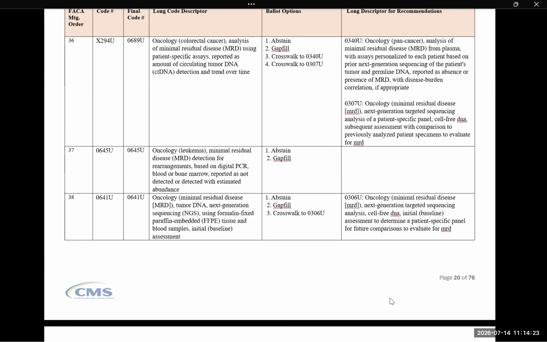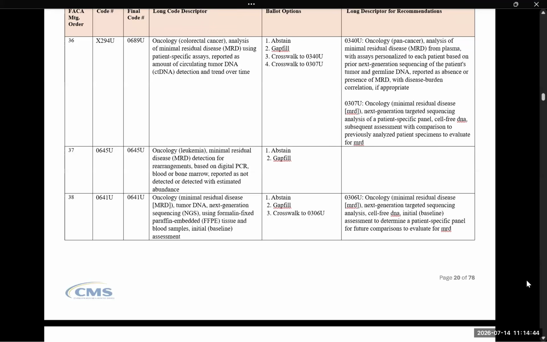Thank you. Do we have any other questions or comments from panel members or from CMS on this code? All right, if not, panel members, please vote. Thank you. All right, next up, we have